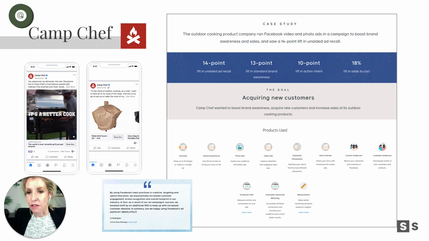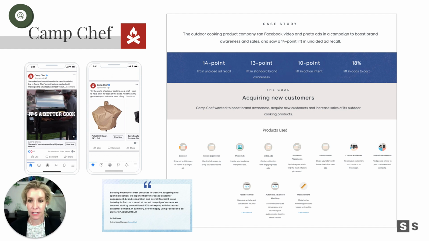Ad recall is just a fancy way of saying awareness or people that recognize them. And Facebook claims to have a fantastic way of measuring that. But you can look at other metrics too. I really like to look at, in an ad like that, what was my traffic? How was my increase in conversions? How many things did I sell because of that ad? So again, that ROI or ROAS is really clearly defined. But if you want to talk ad recall and ad lift, you can go there too. It's just another metric. Okay, so what did they use?